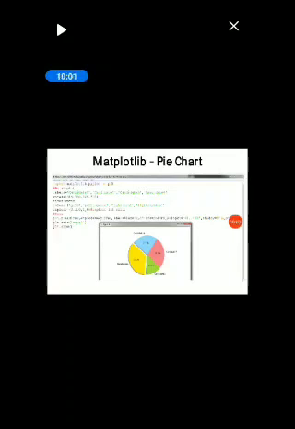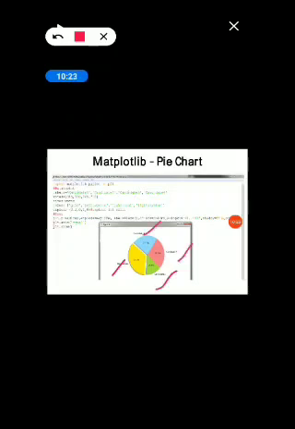Here is a sample program given to plot a pie chart. See here, inside the pie chart, I have taken the labels as candidate 1, candidate 2, candidate 3, candidate 4 inside a labels list, and the names are shown over here.